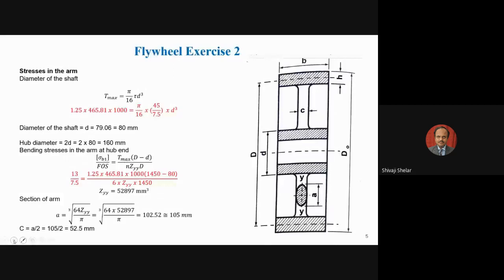There are the derivations of turning moment diagram. If you have learned the IC engine concept and the turning moment diagram in theory of machines, the average torque calculation is based on the integration of turning moment diagram. So integration of areas or summation of areas divided by the length of the turning moment diagram, we will get the mean torque value. So I have completed delivery from my side.